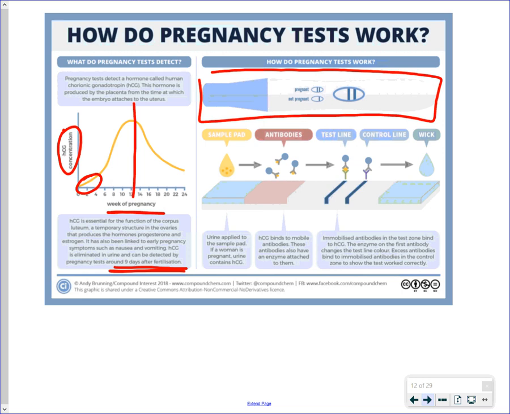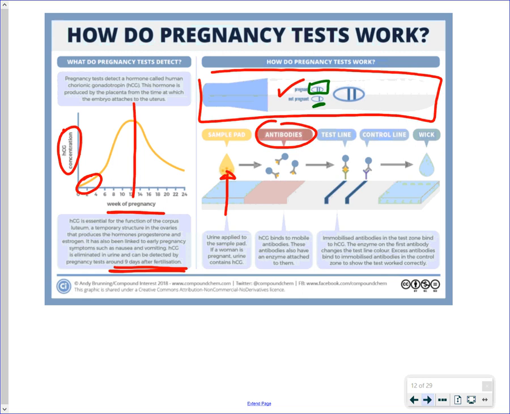What it does show in this picture as well is there are antibodies in this home testing device, and these antibodies are going to attach to the hormone, the human chorionic gonadotropin hormone that we find in the urine sample. So if that hormone is present, it attaches to the antibodies, and what we see in terms of the home pregnancy test is two of these little bars instead of just a single bar, and that would indicate that the